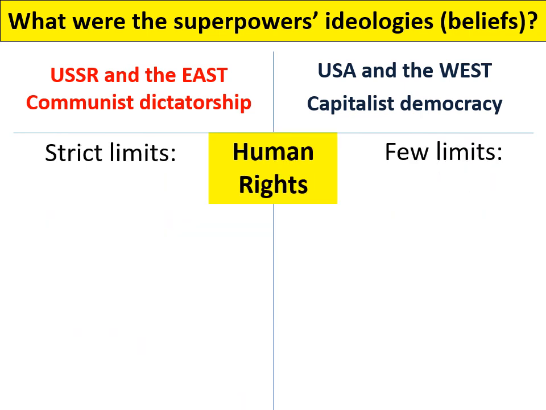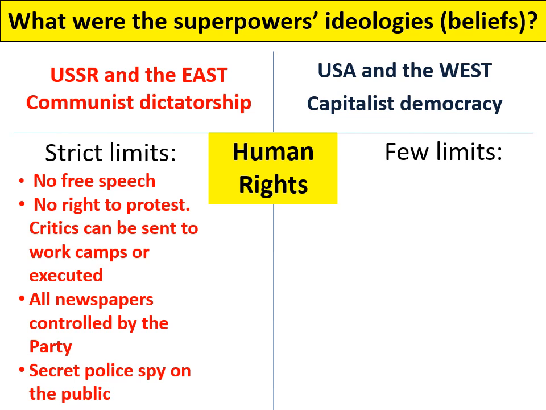So, looking at human rights, in other words, what individual people can do. They can easily be summed up by saying the communists have very few rights, the Democrats have most if not all rights that a normal person can have. So, communists, no right to say what you want, no right to protest. In other words, the communist government can rule at any time that what you say is unacceptable. Critics of the government or critics of Joseph Stalin or the Soviet leader can be sent to work camps for 30 years, or they could just be taken around the back and shot.